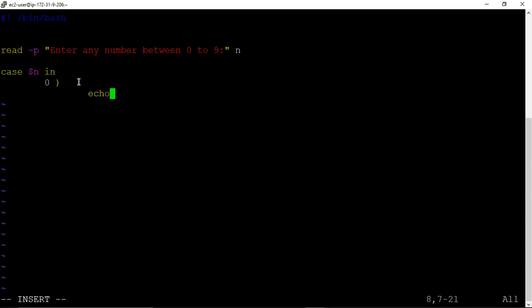What is the action? The action is: the number is 0. So when you enter 0, we get this action. We write semicolon twice and then go to the next.